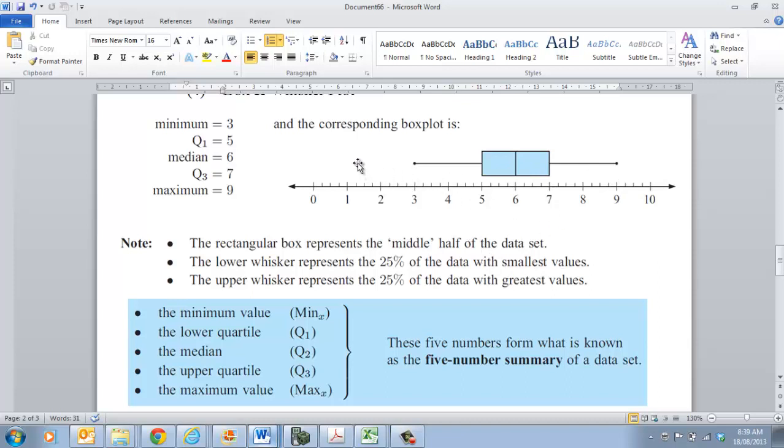Now, if you pick the box and whisker plot that has outliers as well, you might actually have a dot here or a dot out there, and that would be an extreme value. Now, these extreme values are ones that sit outside 3 standard deviations. Alright, and they can affect your data. So again, as I've talked about in another video, you need to consider whether you keep that bit of data in there or not, and the decision made about that is dependent on if it is a valid piece of